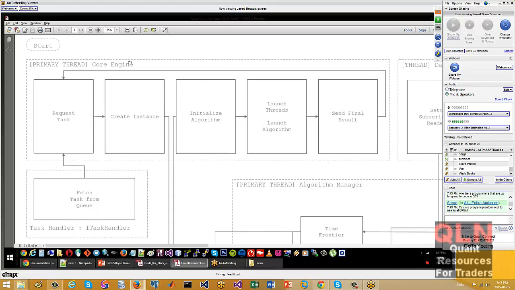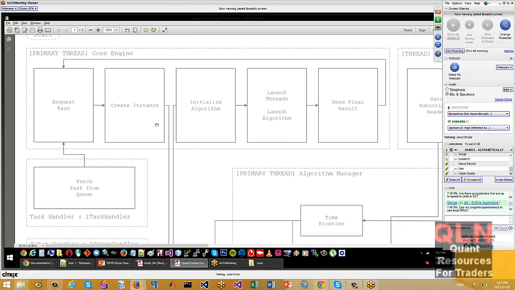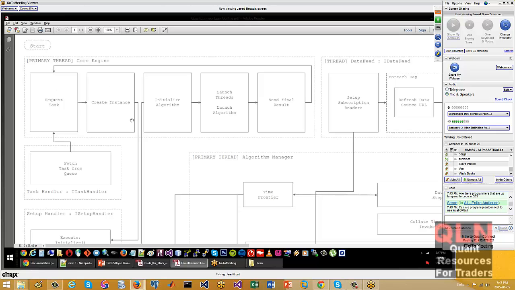Sure. This is the sort of core engine loop that's running on the cloud. It works on a task queue system. So if you have local GPUs, with 100 GPUs, you could set up 100 jobs being sent to 100 GPUs in theory. That could be quite a challenge. Yeah. But a lot of fun. So here, we sort of set up the task system, we create the algorithm.